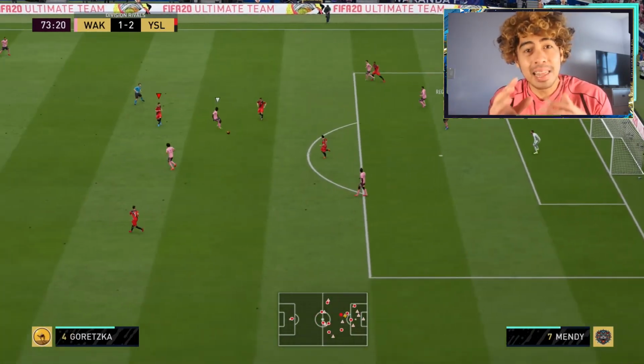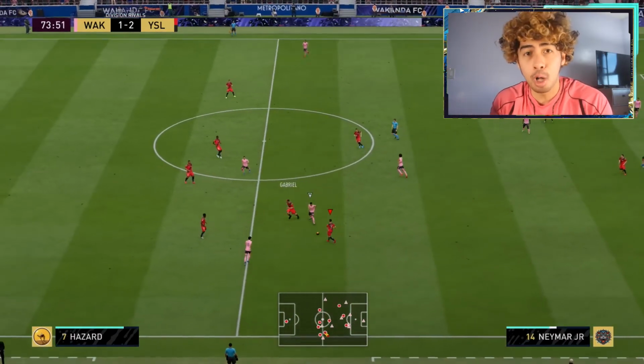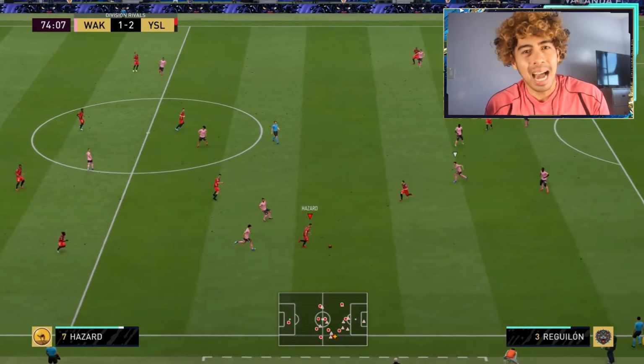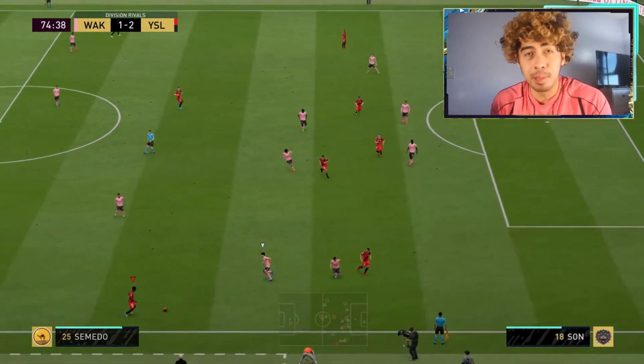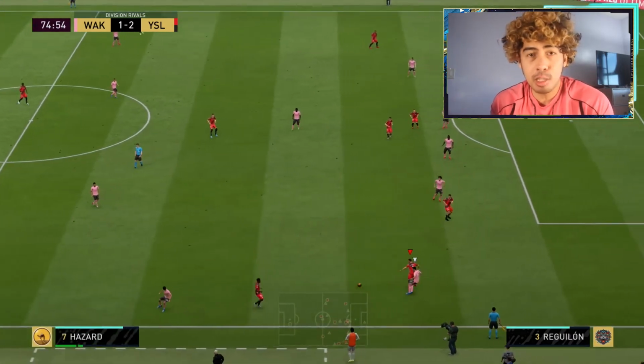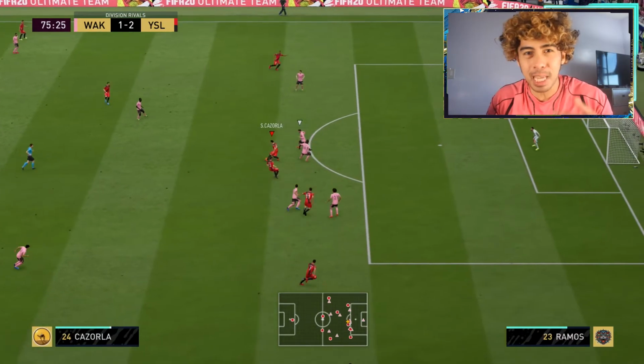He just feels that much better on the ball than any Ben Yedder card on this game. That much better on the ball than any Butragueño card on this game. I just think it comes down to his body type and his actual dribbling stats. His close control is very, very nice, and because he has such a low center of gravity, he just becomes